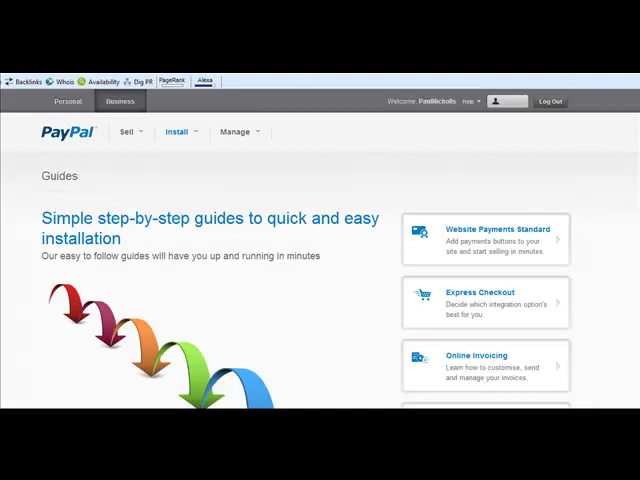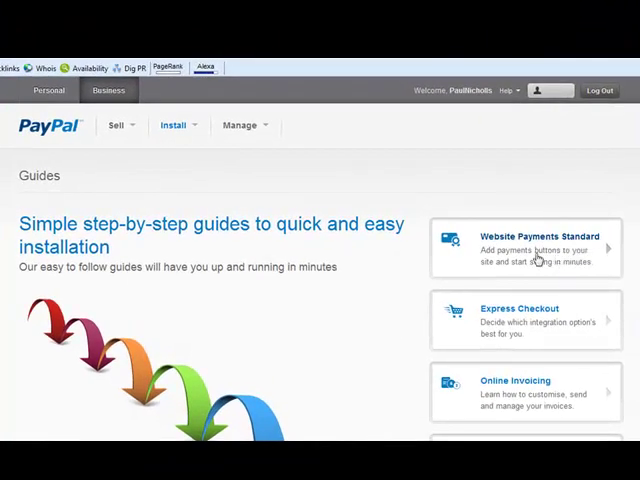Okay, here we are. Now I'm logged into my PayPal account, and what you need to do is just click on Merchant Services, and that will bring you through to this page here, or a page very similar to this. And then what you need to do is look for a link which is going to be similar to this one here. This one says website payments standard. Okay, add a payment button to your site and start selling in minutes. So this is what we need to do. So if we click on that,